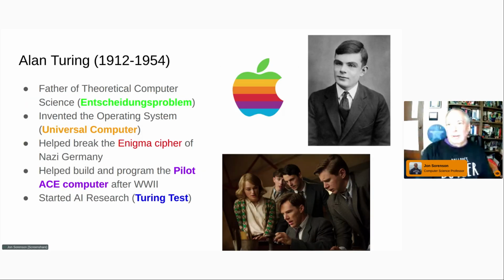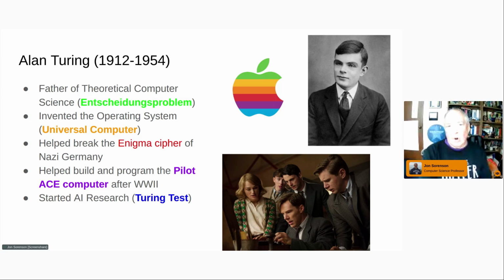The next person I'd like to speak about to you is Alan Turing. Alan Turing lived a little bit later, early 1900s, from 1912 to 1954, and he also did code breaking during a war. There's a lot that Alan got done in his short lifetime. So we consider him the father of theoretical computer science.